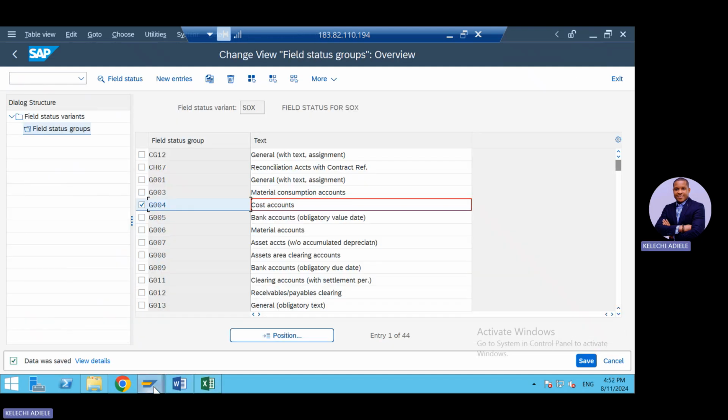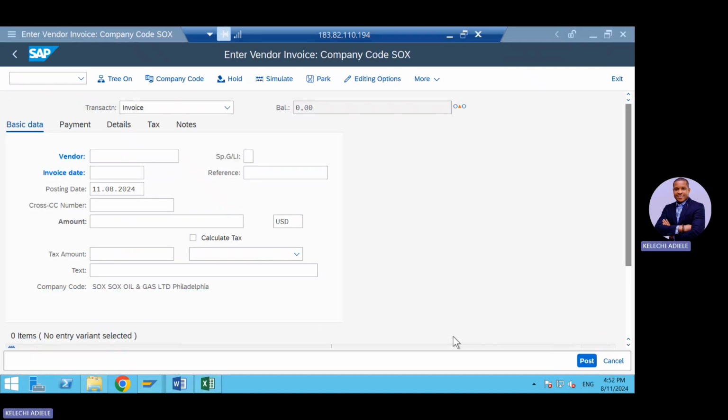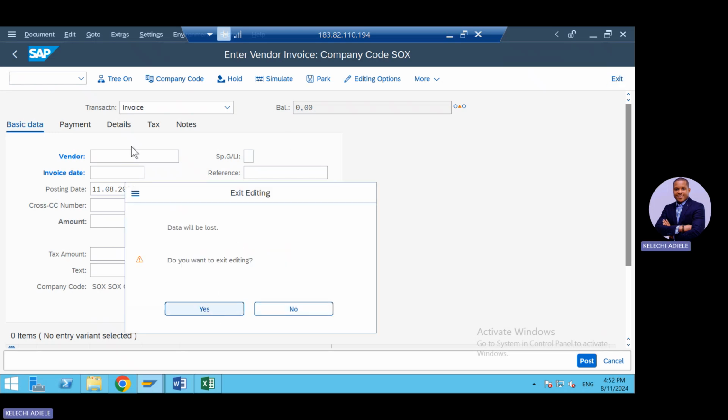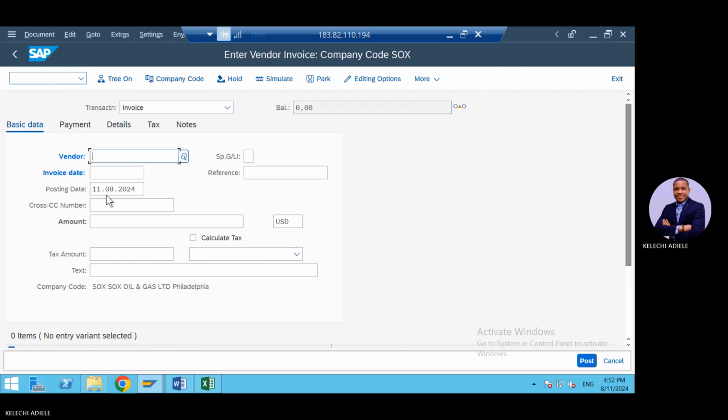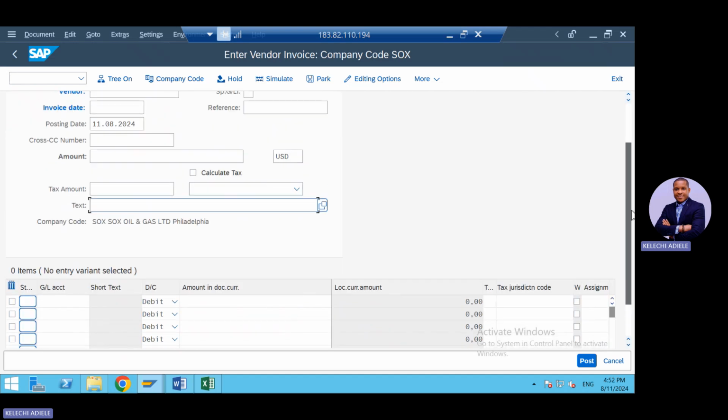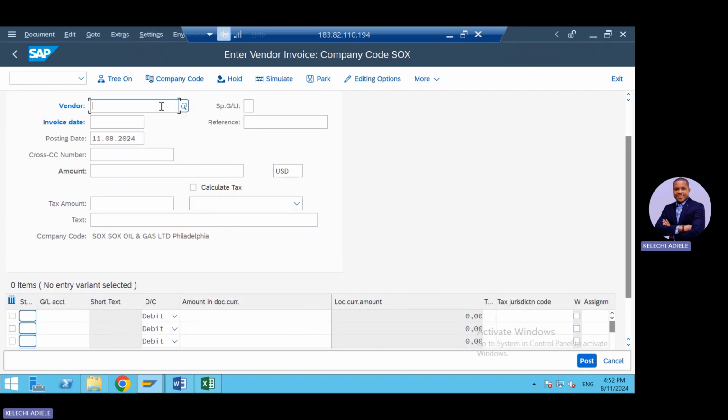and I go back and open this document, just exit, come back, and I say FP60. Now, what it means is that I must provide a text if I'm going to process any transaction. So if I just take this as an example, and I don't put any text here, and I just do the amount,